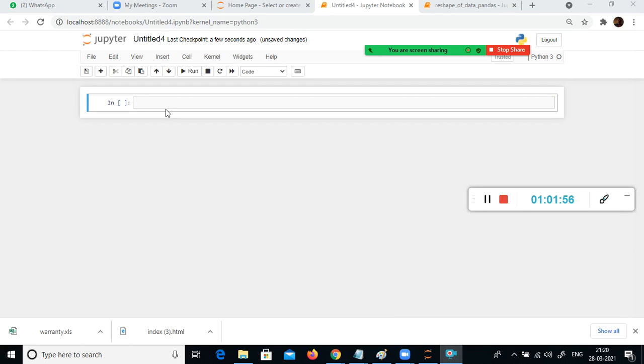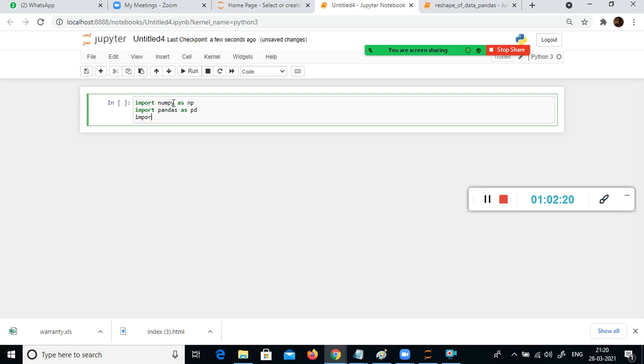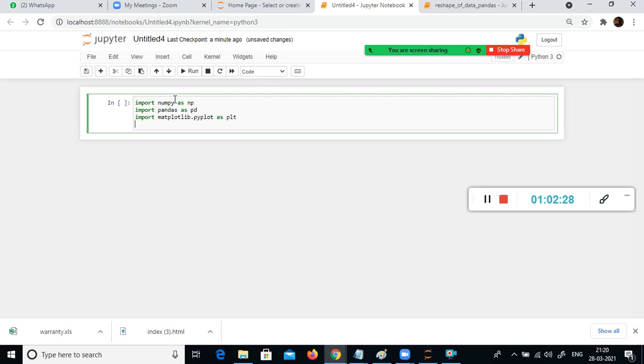We are going to perform some kind of marketing analysis. And also we will see how we can plot the charts using Python packages like matplotlib and Seaborn. I'm going to import the basic fundamental packages: import pandas as pd, import matplotlib.pyplot as plt, and import seaborn as sns.